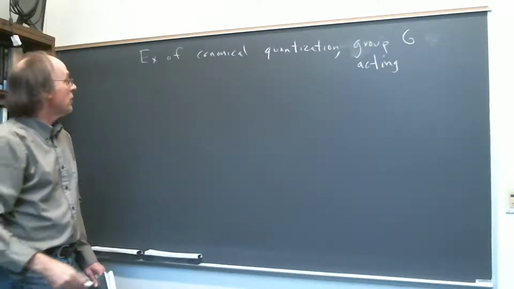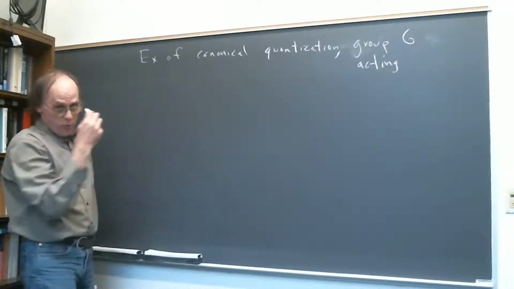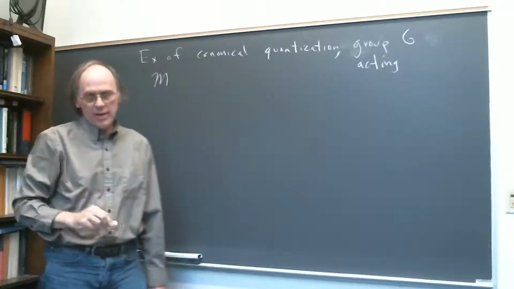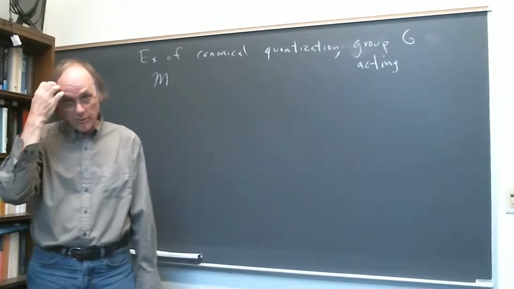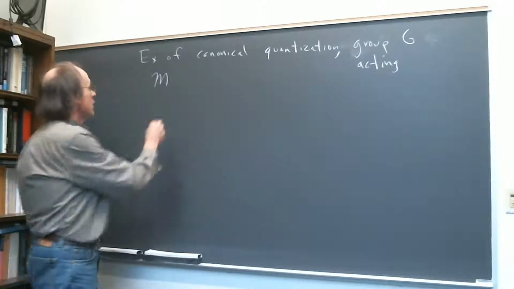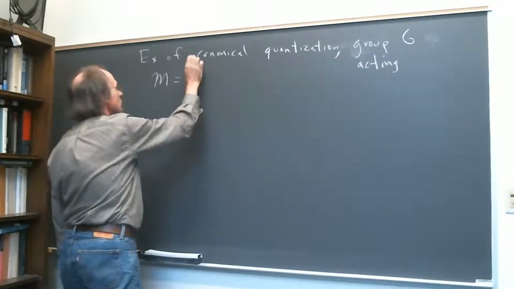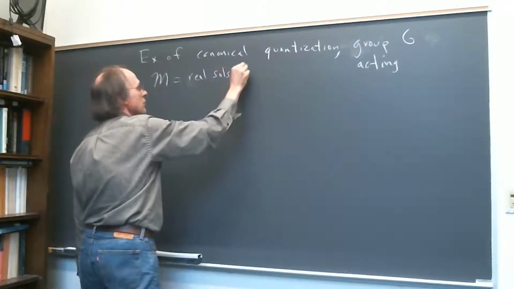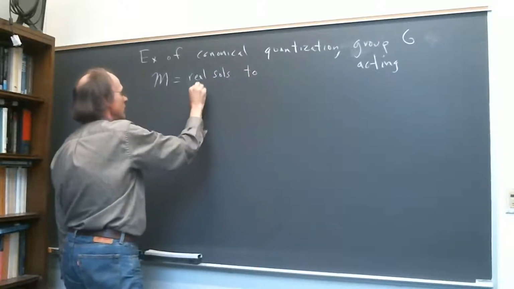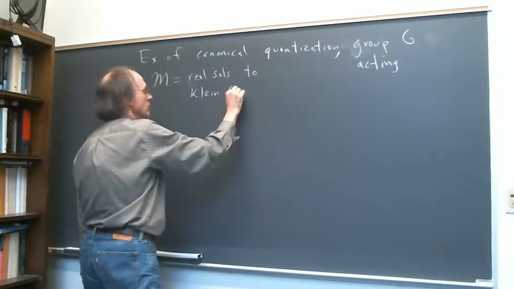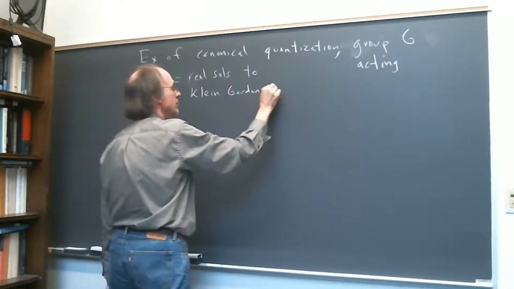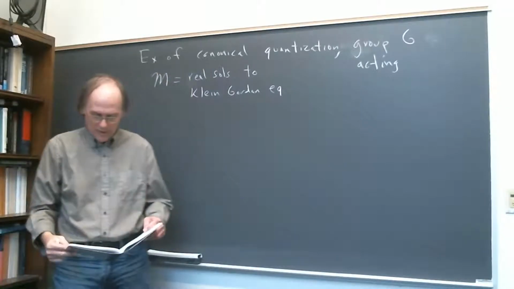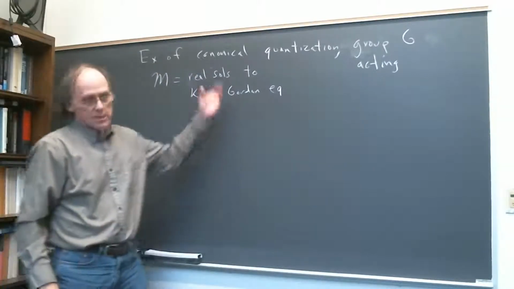The starting point is just to take as phase space, or better, think of it as a dual phase space, the real solutions to the Klein-Gordon equation. I won't write down the Klein-Gordon equation again, but it's just what you get